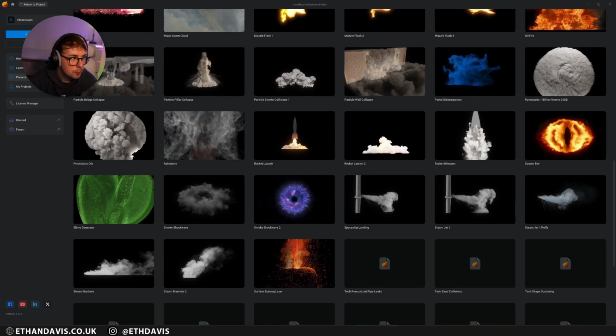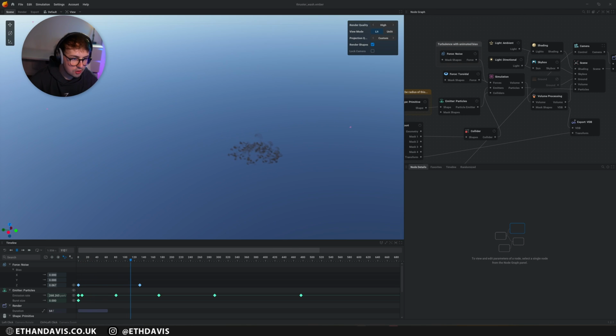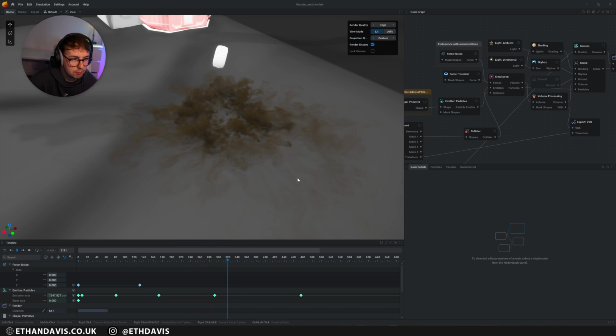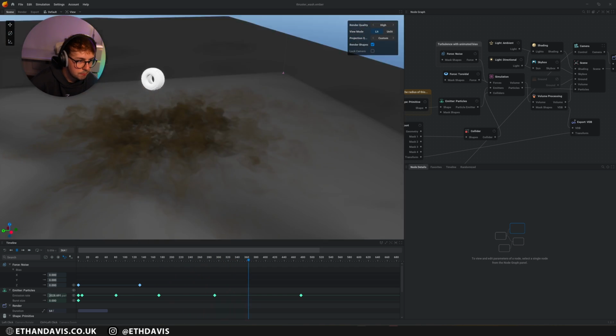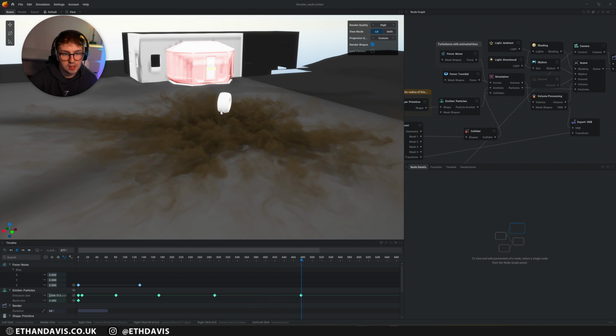So I'm going to go home and then go to my home projects. This one. So this is sort of what it looks like in Embergen. So pretty much identical to how it looks in my file. And you can see here are my models I brought in. So pretty cool. Now the reason obviously the car is missing is just because I didn't export it.